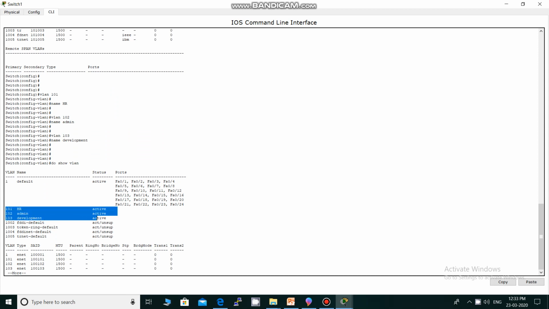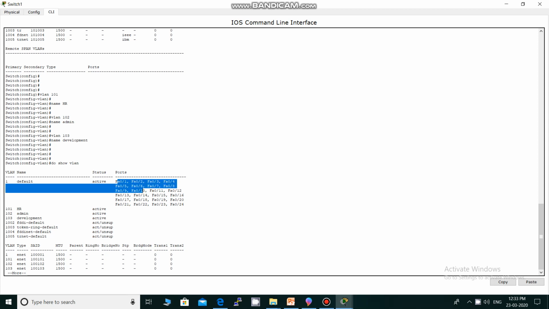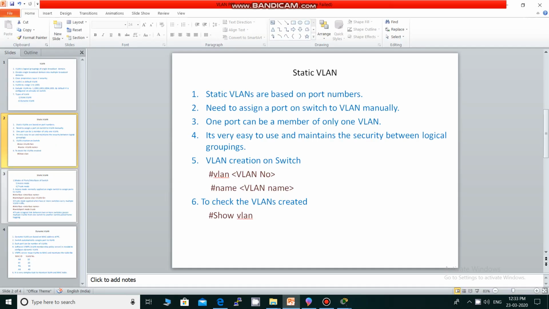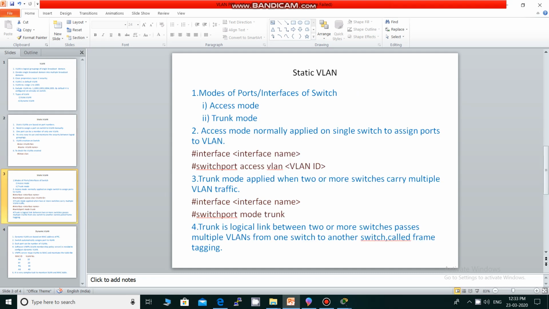101, 102 and 103 are active, but we have not provided the ports of the switch to those VLANs. Now how to assign the ports of the switch to a VLAN, we will see here. There are 2 modes of port, access mode and trunk mode. Access modes are basically applied on a single switch to assign ports to the VLAN.